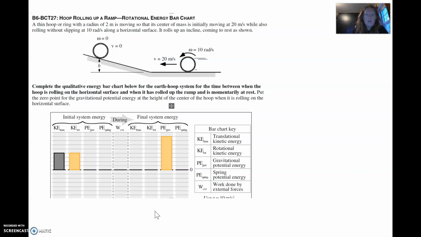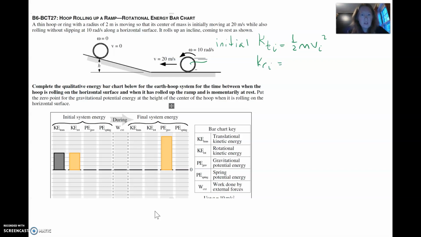Okay, so then when we're looking at this situation right here, we have initially, that's where we're at, it's already rolling. We know that for this translational, that would be KTI, let's say. That is 1/2 mv initial squared. And we actually have numbers, right? So we don't have the mass, I don't think, but we know the translational velocity. And then the rotational is